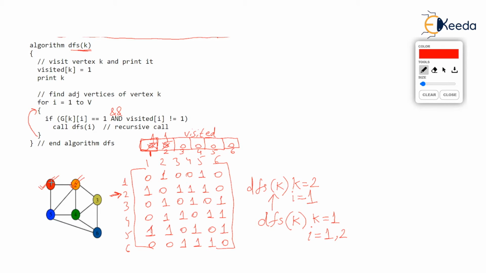But are we supposed to take vertex 1? No, not at all, because 1 is visited. It will be highly dangerous if you consider vertex 1 again, because it was already visited. So you can see that in the algorithm we have written an AND operator and we are inquiring, is visited[1], as I is 1 now, not equal to 1? But visited[1] is already 1. See the visited array. So the second condition comes to our rescue and the second condition is false, isn't it? So the AND operator makes the entire condition false.